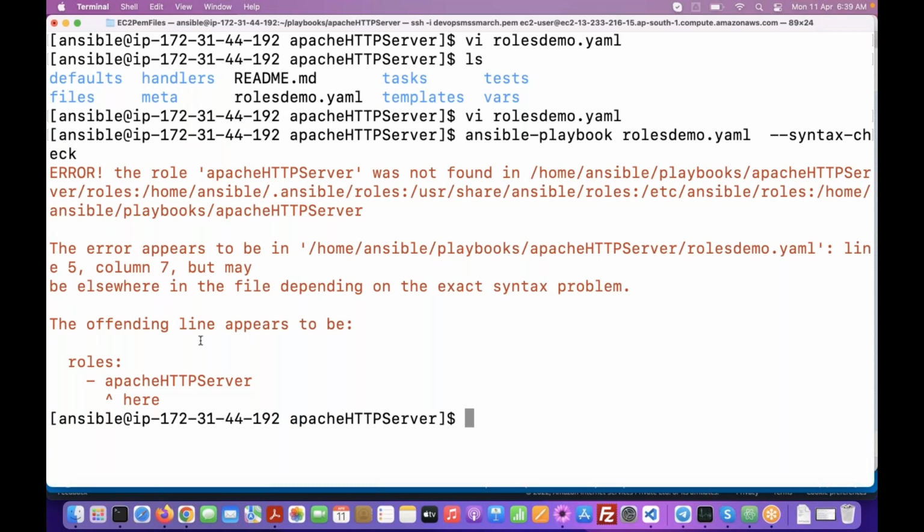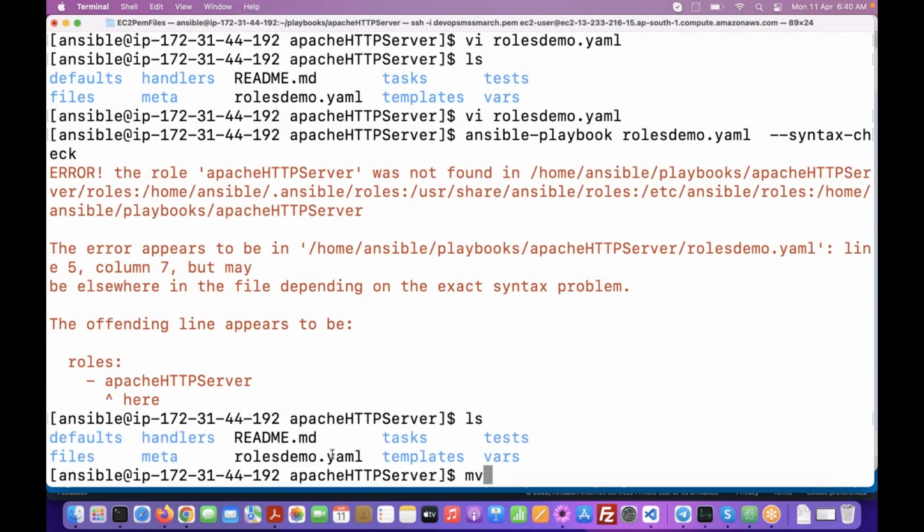It is going to expect that, or what you can do is create this role inside the home directory of the ansible user, in the .ansible/roles directory. Or you can create it in this particular directory also. Now what I'm going to do is move this particular directory one level up: mv roles-demo ../